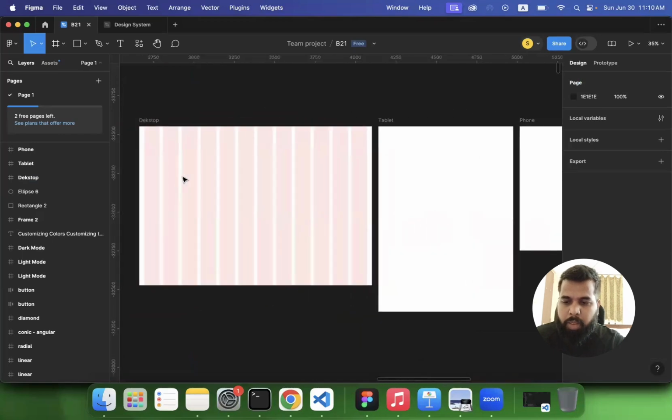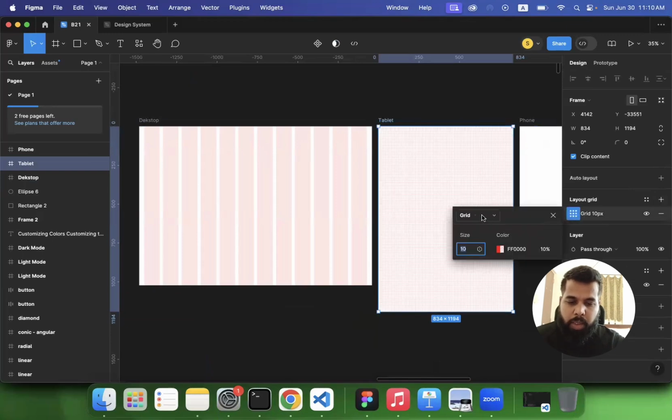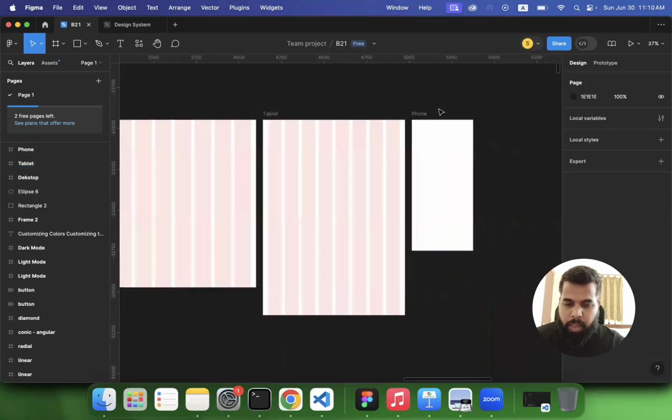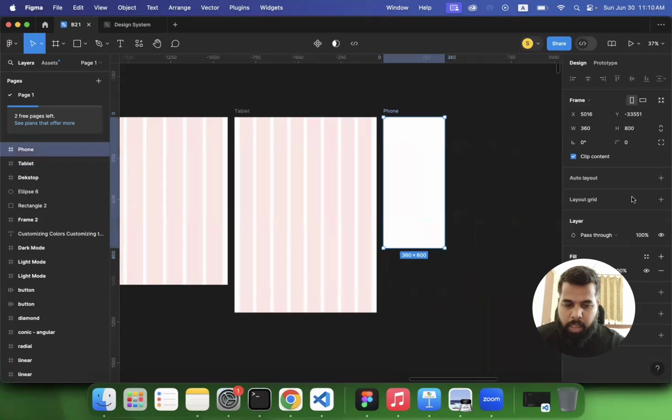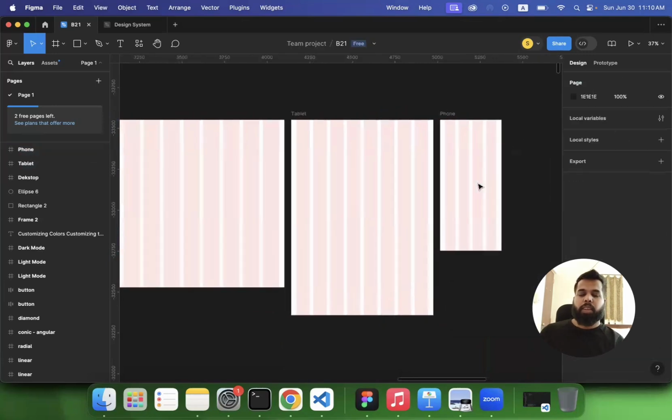So the 12 column layout is used for desktop, whereas for tablet we can use 8 column layout. So I'm again going here and changing this to columns, 8 columns, and I want my padding to be 30. This is the tablet. Finally, we are using mobile screen layout grid. Again, going to columns, 4 columns. This to be 30 again. So this is my desktop,